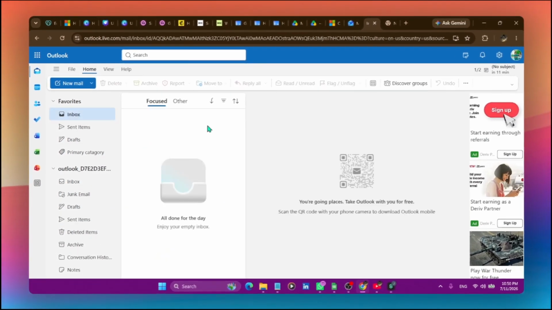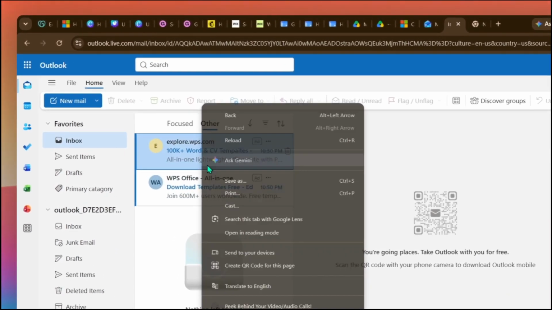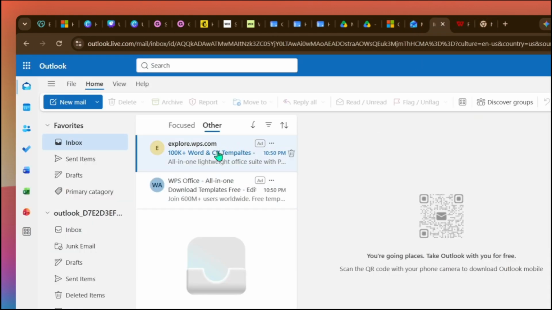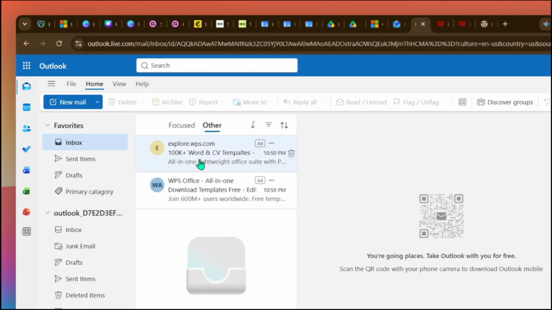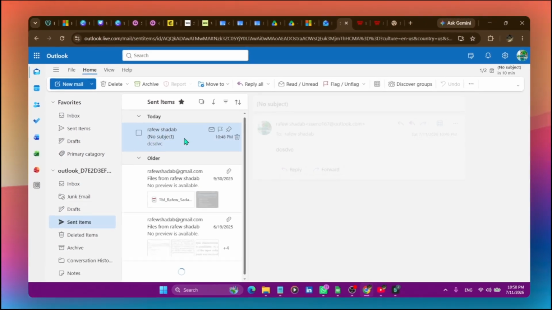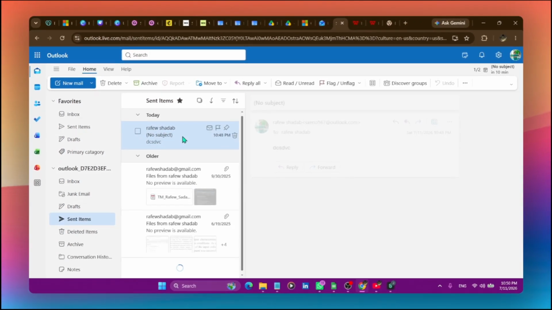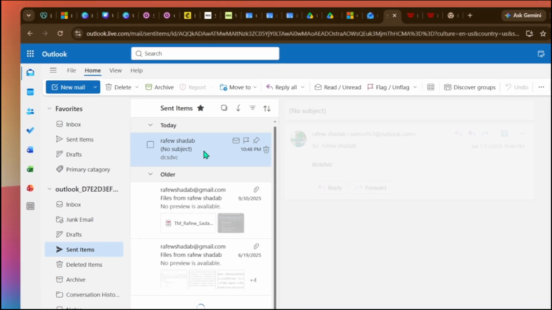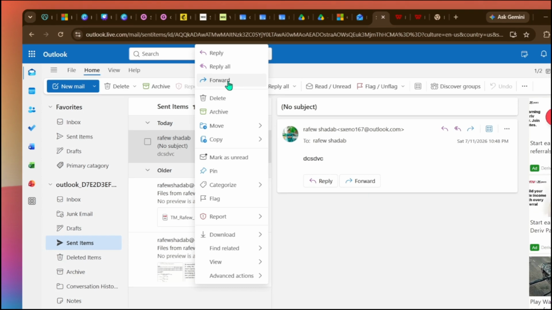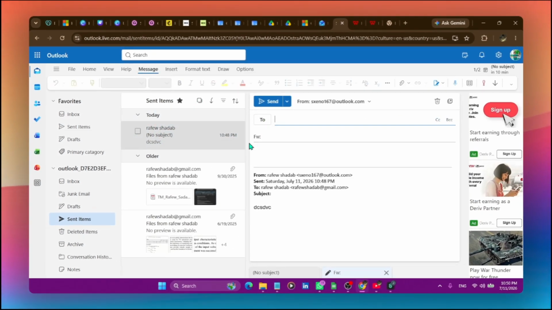Then, switch back to your inbox to confirm where your messages are and access the context menu for additional mail handling options. If needed, open the browser menu for more features, then select Sent Items again to continue working with your sent emails. Now, open the Actions menu for your selected message and choose Forward to begin sending your conversation to someone